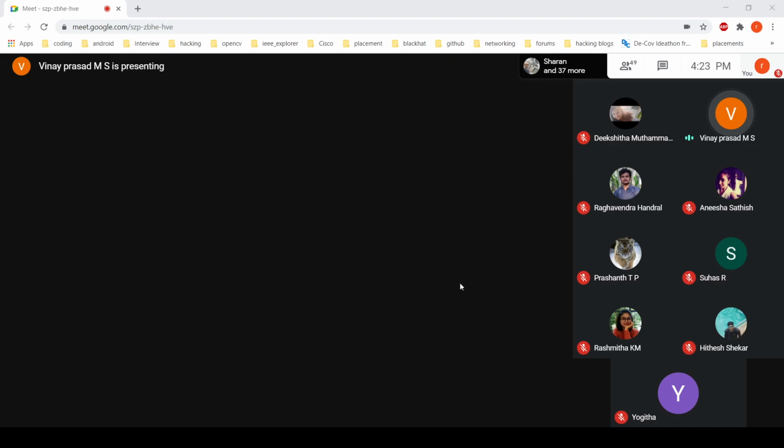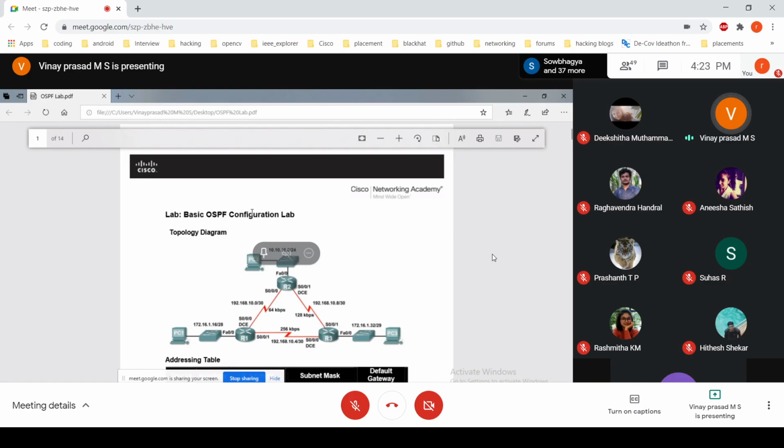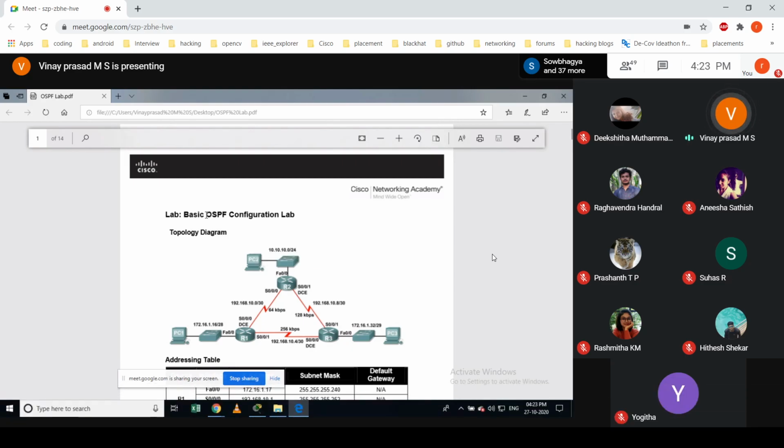Also, we avoid instability in the network. We saw that RIP is not fit and not stable, but in OSPF all these things will not be there.